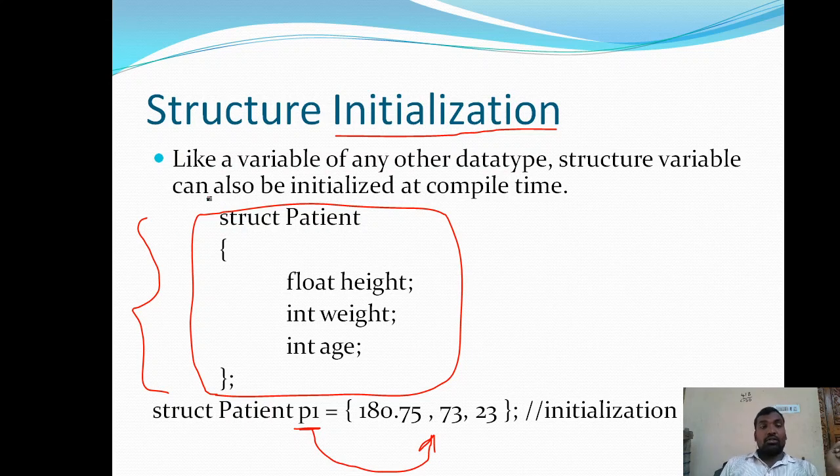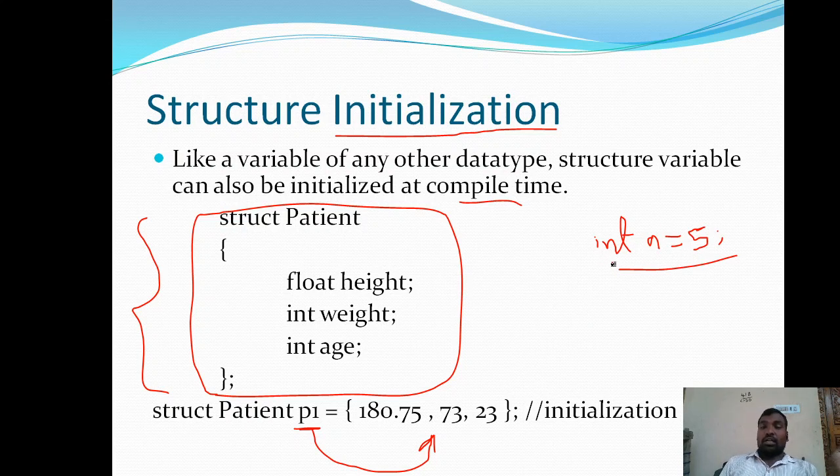Like a variable of any other data type, the structure variable can also be initialized at compile time. For example, int a equals 5: here a is a variable of integer type, and this a is initialized at the time of declaration.